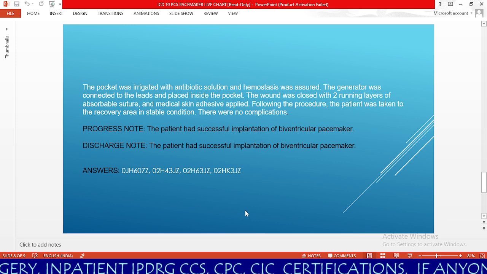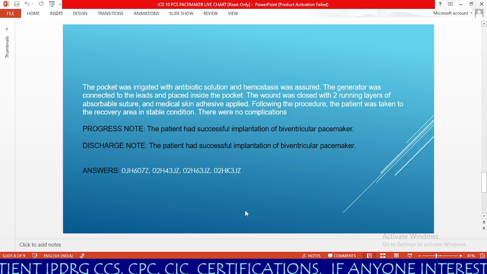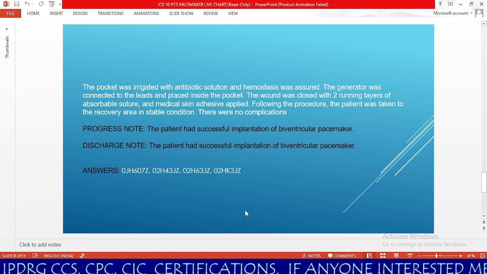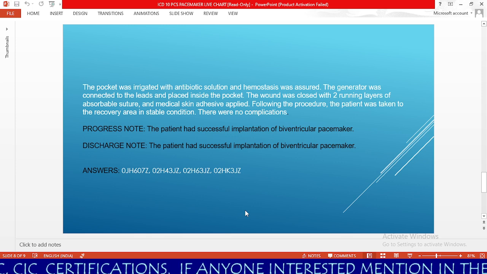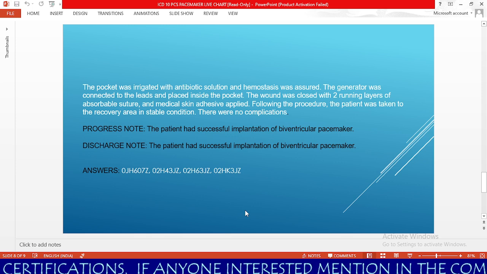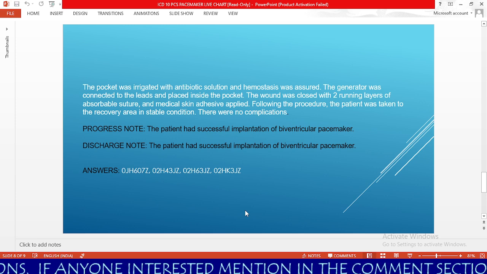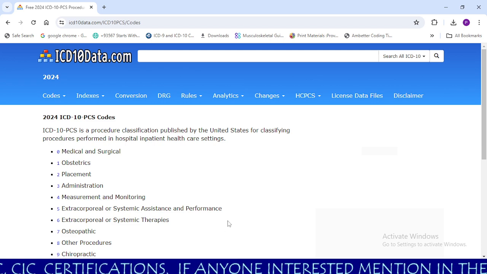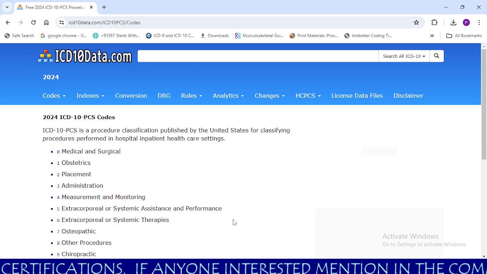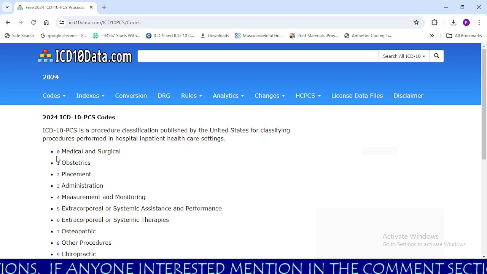See guys, we have the answers here, but just seeing the answers you won't understand anything. So here we are going to learn practically. Try yourself first, then use these answers in order to code pacemakers correctly in ICD-10-PCS. So first, the physician has performed